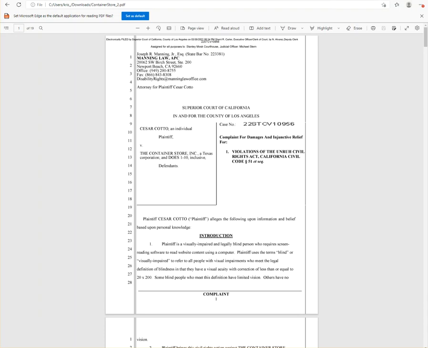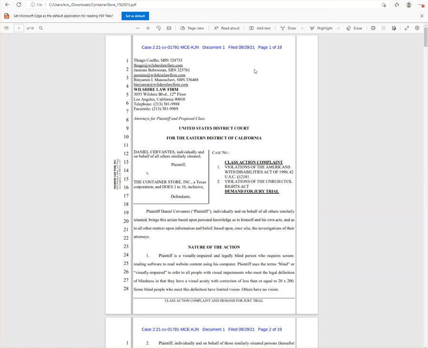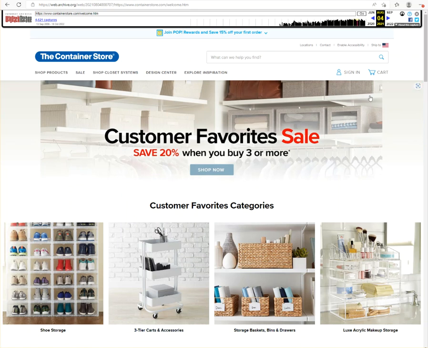Importantly, one was filed on March 30th, 2022, and another was filed on September 29th, 2021. And what I've done is I've gone to archive.com, and I've pulled up the Container Store homepage, and on August 4th, 2021, that same enable accessibility link was available on Container Store, and presumably it has been since. And so my point with this archive screenshot is that this predates any complaint filed. So it was there, and